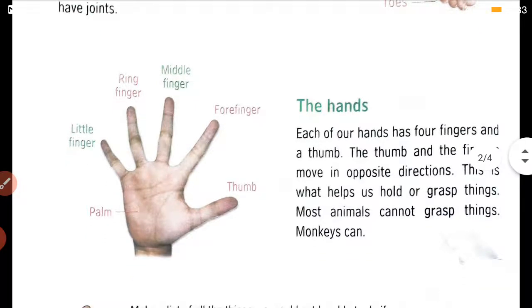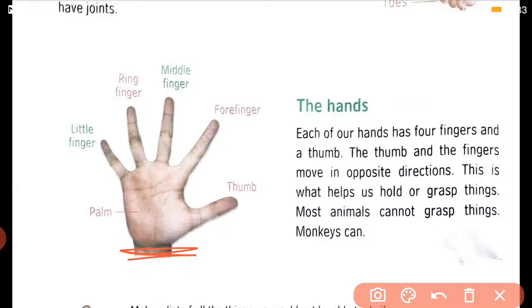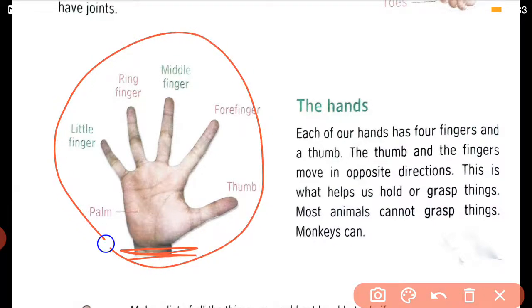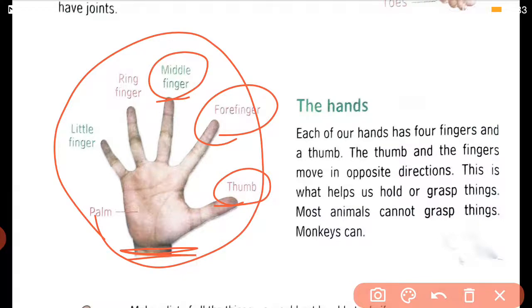Now when we read about the hands, we said na that our fingers and the hand, they are joined to the rest of the arms with the help of the wrist. So this is the wrist. And देखो हमारे hands में there are different fingers, 5 fingers which are of different shapes and they are given different names. अंगूठा, thumb, थम के बाद वाला फिंगर that is the forefinger, बीच वाला फिंगर middle finger, उसके बाद में जहाँ पे अंगूठी पहनते हो that is the ring finger, and सबसे छोटा फिंगर is the little finger, and आपका ये हथेली that is known as the palm.